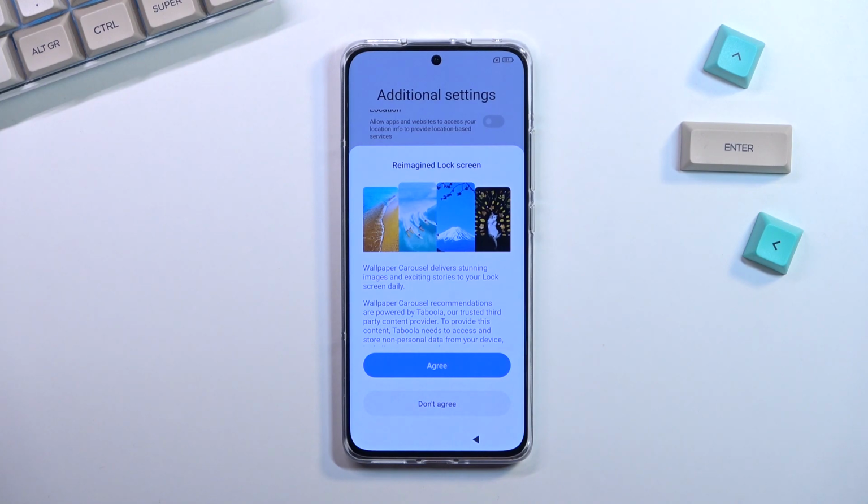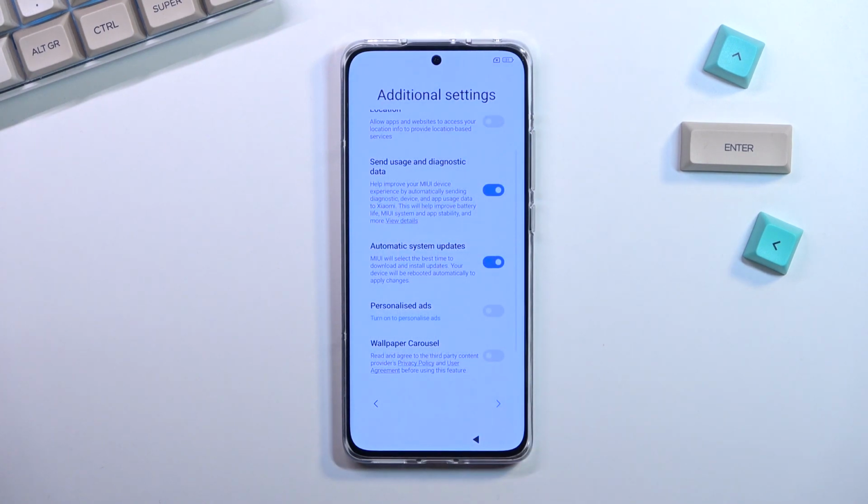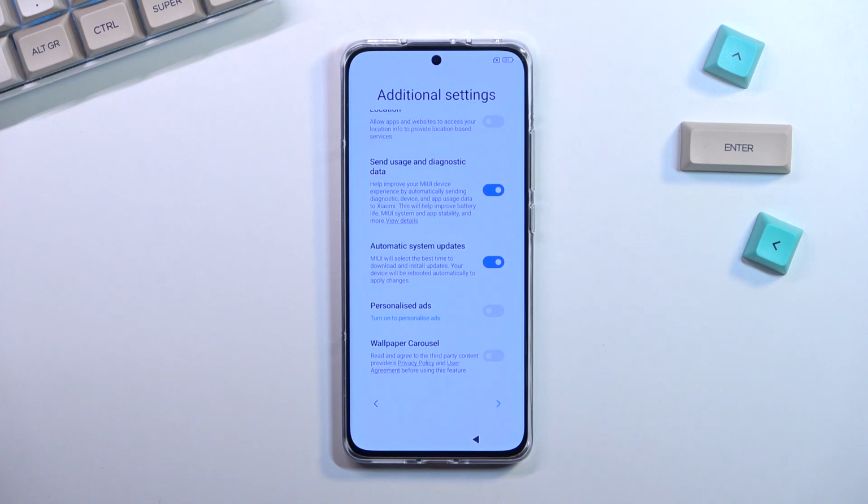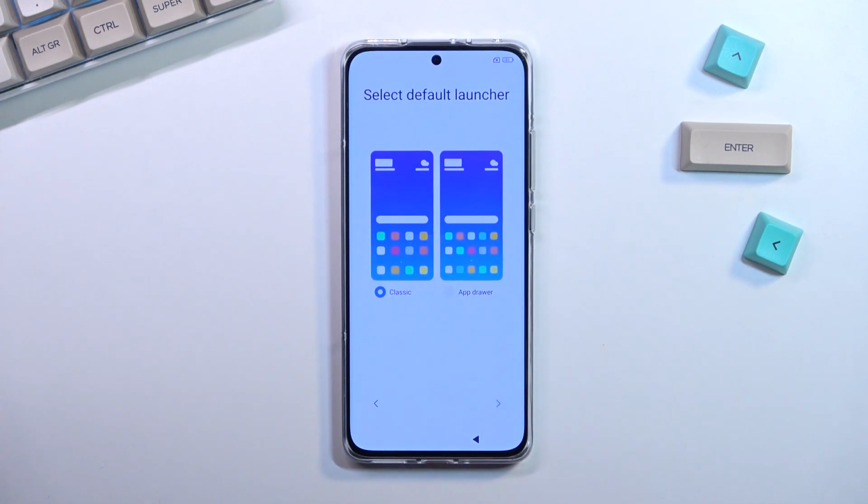So they change every time you light up the display. I don't really care for that, so I'm just gonna not use that. I don't really like their completely random wallpapers, and they are quite random. So I'm just gonna turn them off and then go to the next page,